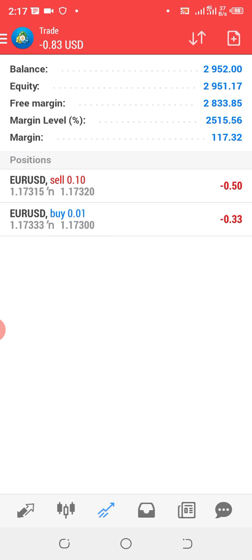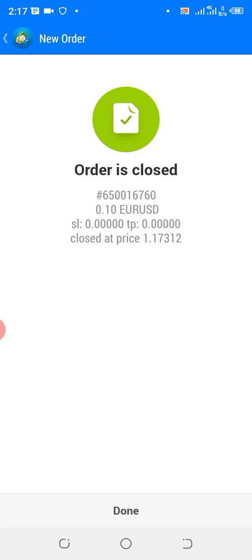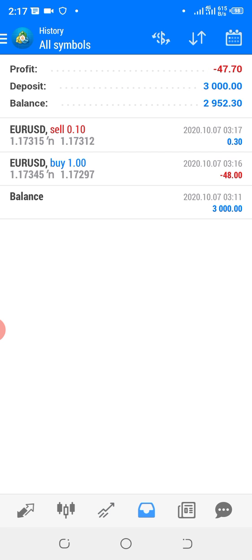Now for the sell, the sell is the opening position, as I've told you, and if you want to close the position, it means you are closing at the buying price. So if you want to make a profit, it means the selling price must be higher than the buying price. So I've closed with a profit of 0.3. Now when I sell at 1.17315, which is the opening position, and when I close at 1.17312, which is the buying price,